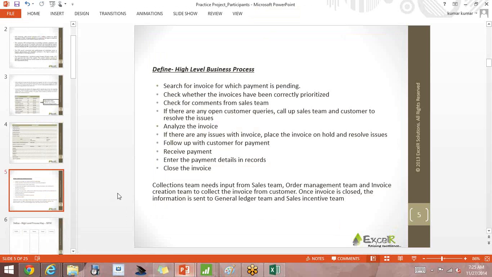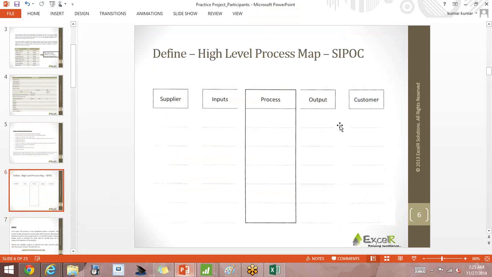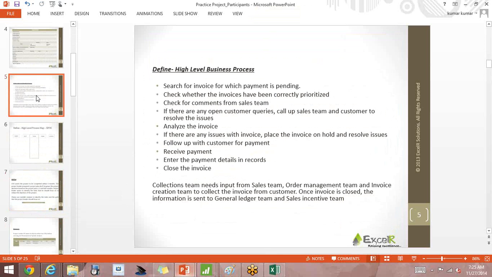Then this is the process that is already provided to us. Process is already provided in steps. All you need to do is put these steps here. Who's the supplier, input, process, output, and customer.